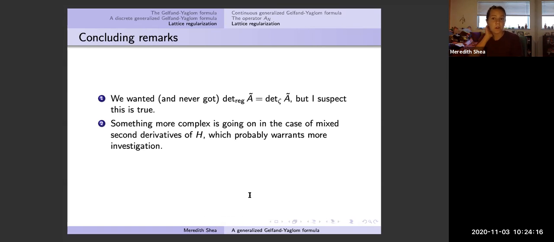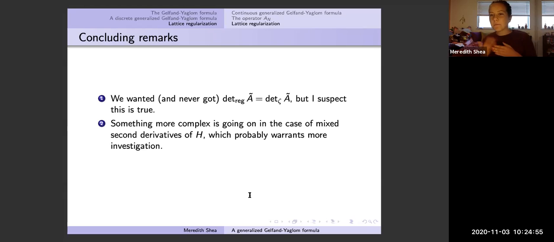The second thing that's worth thinking more deeply about is that something's going on funny in the case of mixed second derivatives of H. So this probably warrants more investigation. We had those mixed terms and that product appear. I'm not sure what happens to the product if you want to consider convergence of the operator A tilde n, but I think it's worth looking at what happens and being careful about epsilons there, because maybe you'll find something interesting. And also,